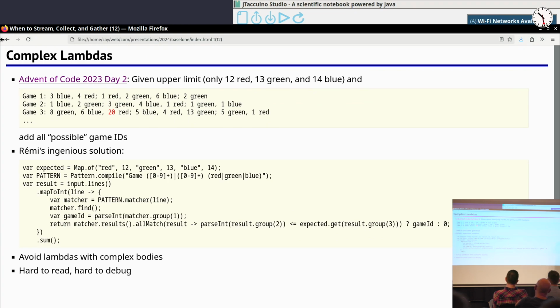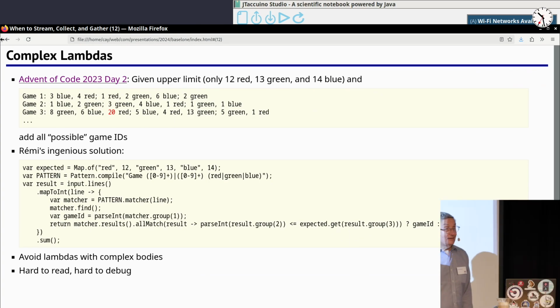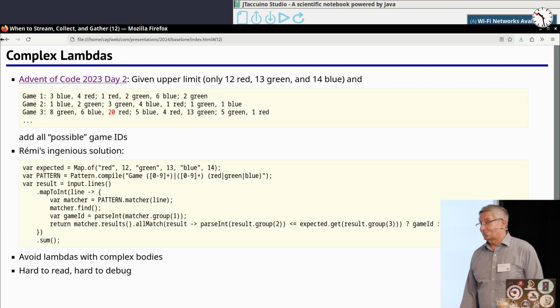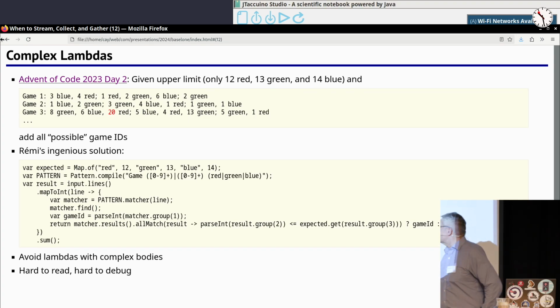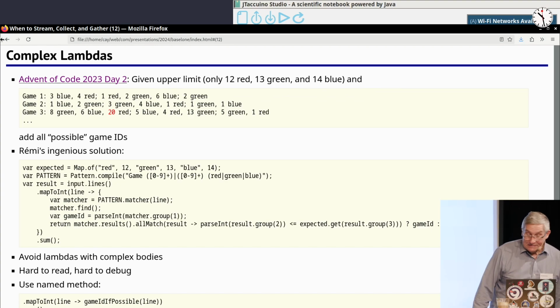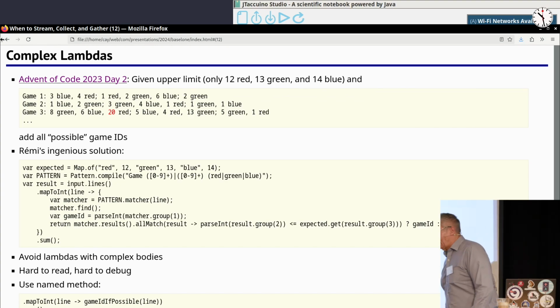And the weapon of choice here is, well, before, I said it's hard to read. The other thing that I find when I do this is I get it wrong. I'm not as smart as Remy, so I started out, I have some obvious silly error, except it's not so obvious, and then I fire up the debugger, and to debug through these things is not always fun. IntelliJ tries to make it somewhat easier, but still, it is seriously harder to debug these things than if you have an iterative solution. And so the first thing is use named methods.